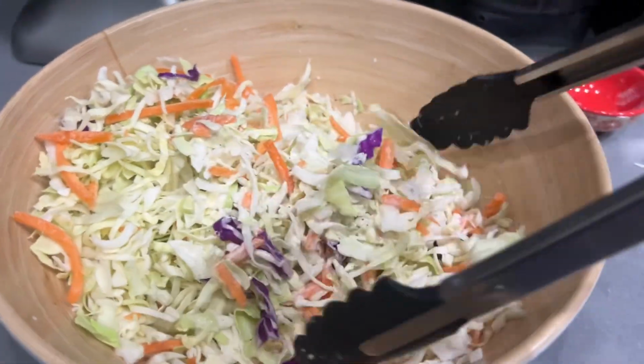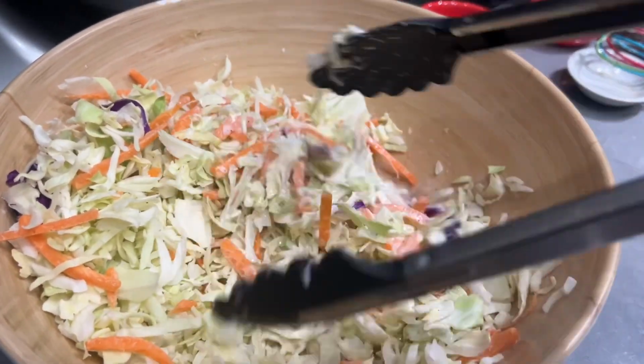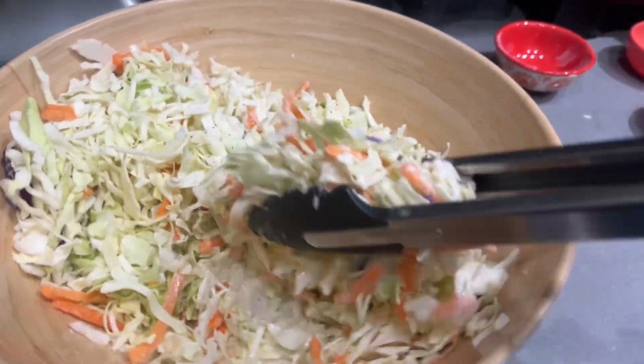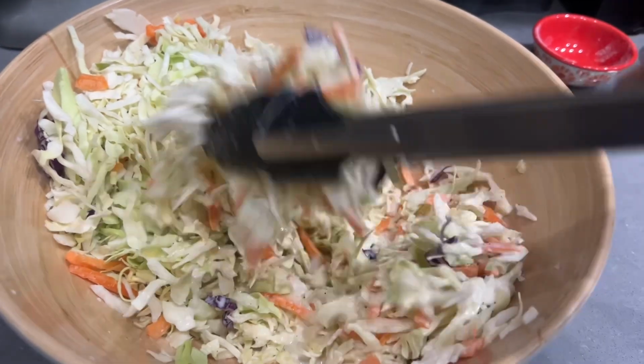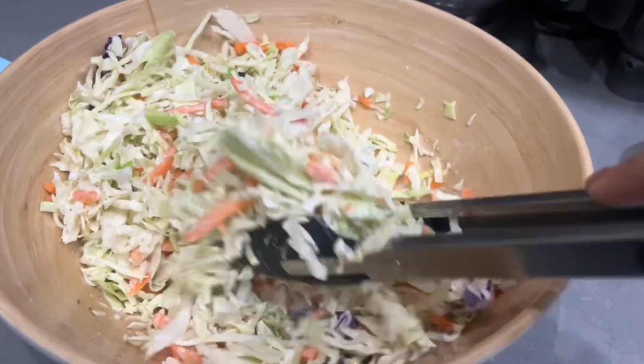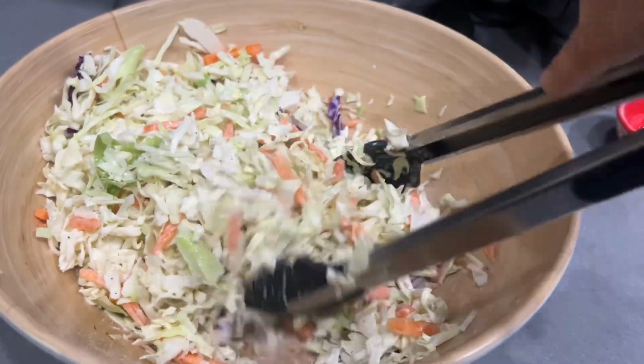So what I used to do was I used to put apples. I'd cube some apples and then I would put that in the coleslaw right before serving it, and it would add a nice little sweet and salty thing. But I'm not adding apples right now just because I'm low carb, but I do like to sprinkle on a